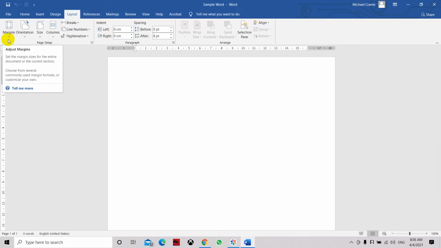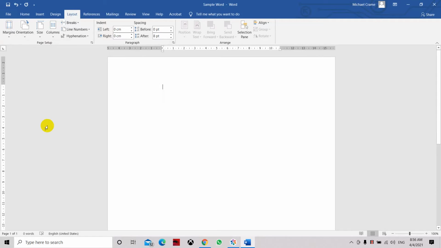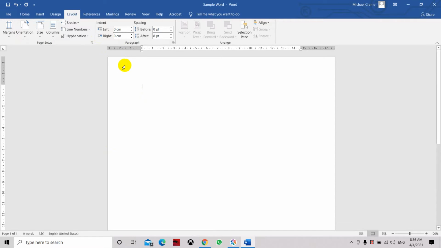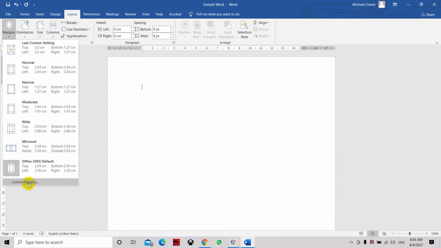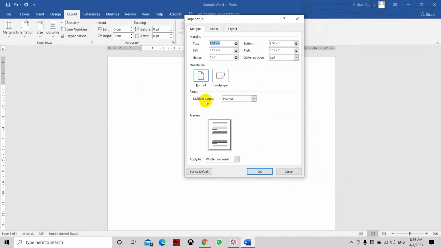Once you go to Margins and press this arrow, you will have custom settings: normal, narrow, moderate, and wide. Let's say the wide, and let's set normal. You can see these are adjusting based on the margin settings. We have the mirrored margins, and we have the Office default. Now you can also specify the margin settings if you cannot find it in the preloaded or customized settings. You can go to Custom Margins, and this Page Setup will automatically open,